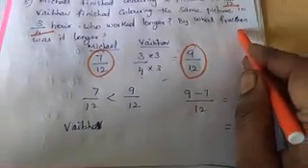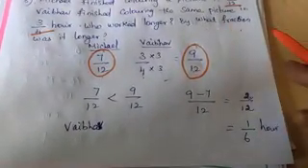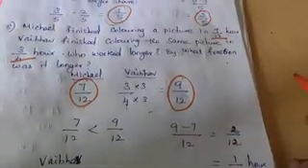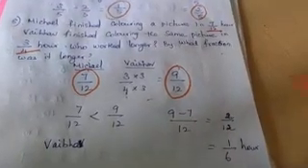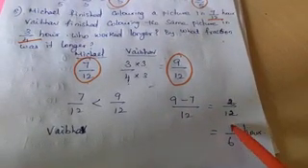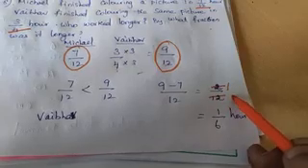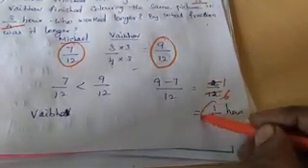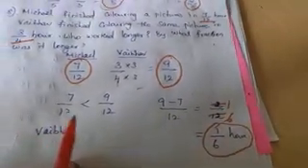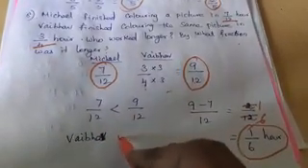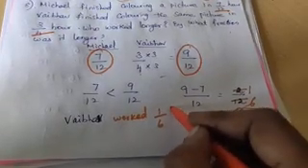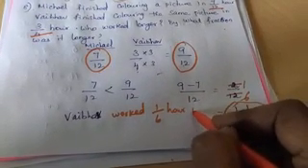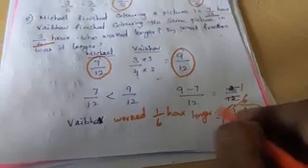By what fraction? Whenever they are asking by what fraction or by how much, you take the bigger minus the smaller and you will get the value. So 9 minus 7 is 2 by 12. So we can cancel it. One 2 is 2 and six 2s are 12. So 1 by 6 hour Vaibhav worked longer. So Vaibhav worked 1 by 6 hour more. I hope this exercise sum is clear for you.